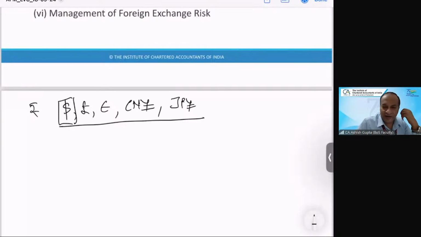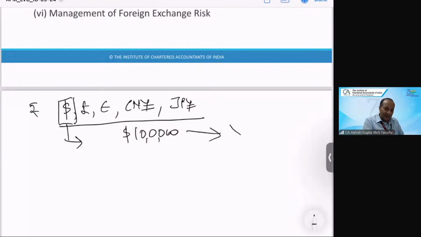Countries are asking why only the dollar should be accepted as an international currency. So some common currencies are used for trading in international business. Now suppose I am exporting goods worth 1 lakh